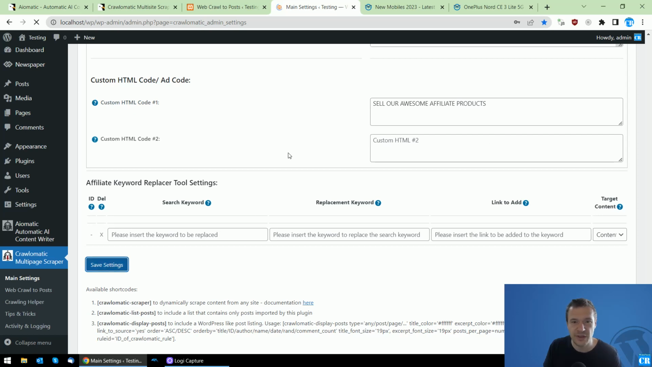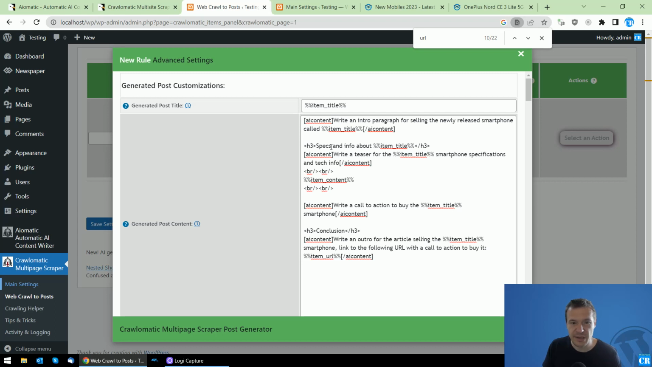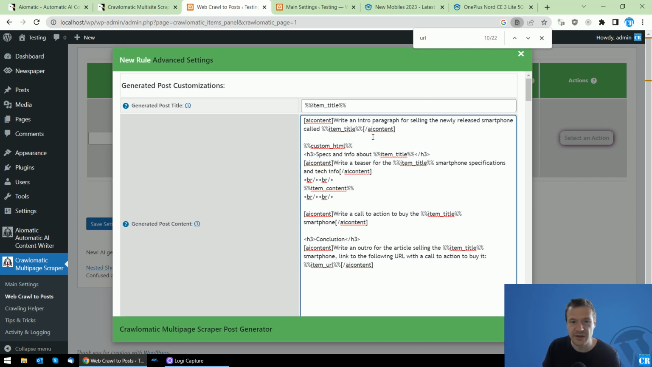So save settings, and we can go back, and between the intro and the specs, we can add the custom HTML. Don't forget to add also new lines. So here we added new lines, and we will be good now. You can add your ads code here. This will be your ad code showing here, and also the